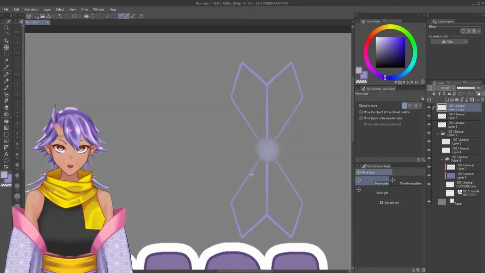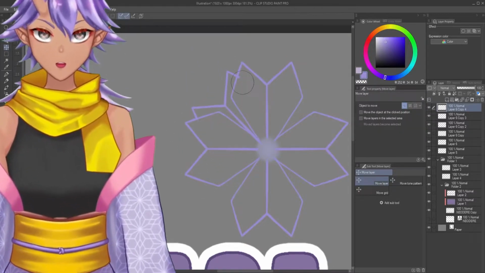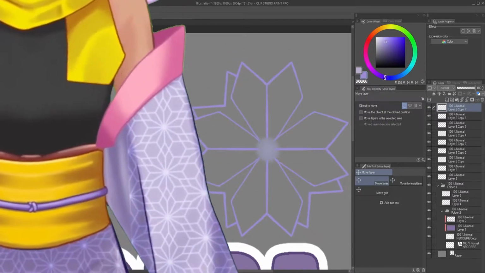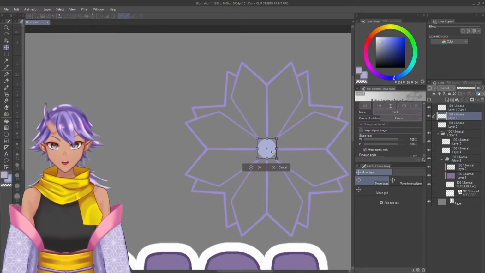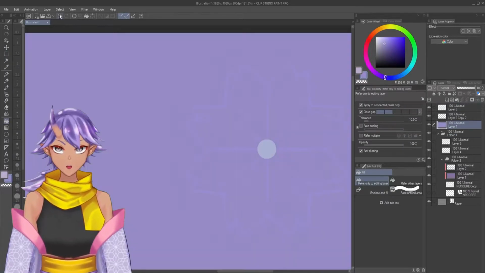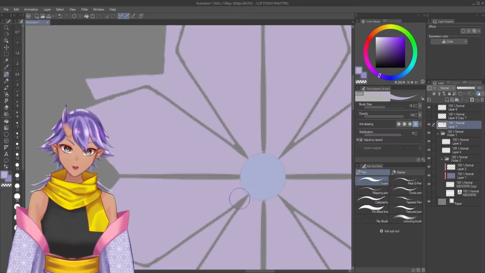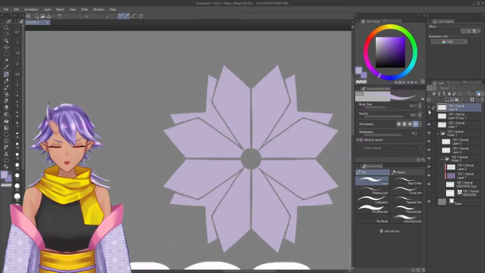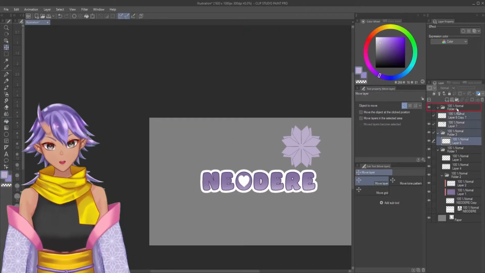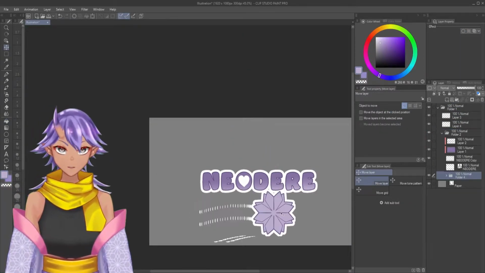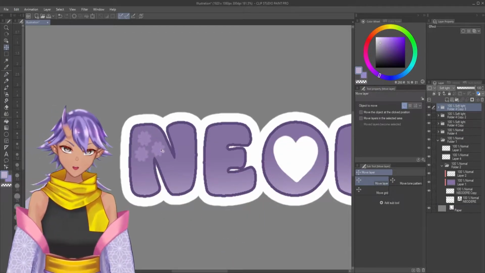For another symbol I decided to do the floral pattern on my kimono here. I decided to remake that, and I have to say it came out really well. I was actually surprised it came out really well. I learned a lot about outlining in this too. I made it lineless, which was ultimately a really good idea. Technically it doesn't stay lineless later on, I believe, because I put an outline on it. At first I wanted to make a pattern out of it, but then I was like, nah, that's too much.